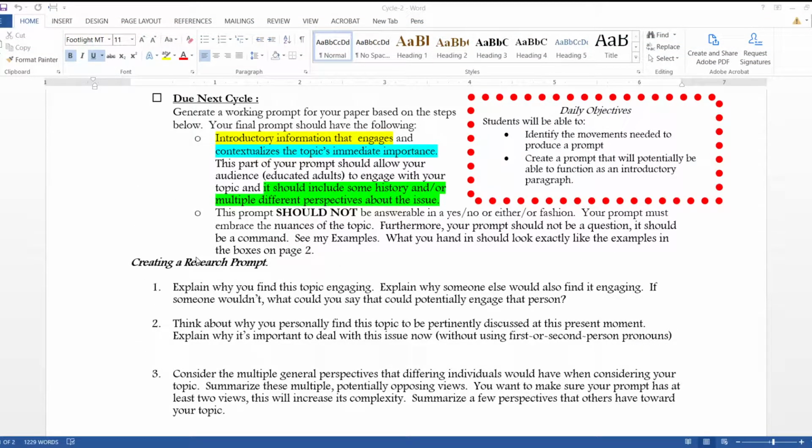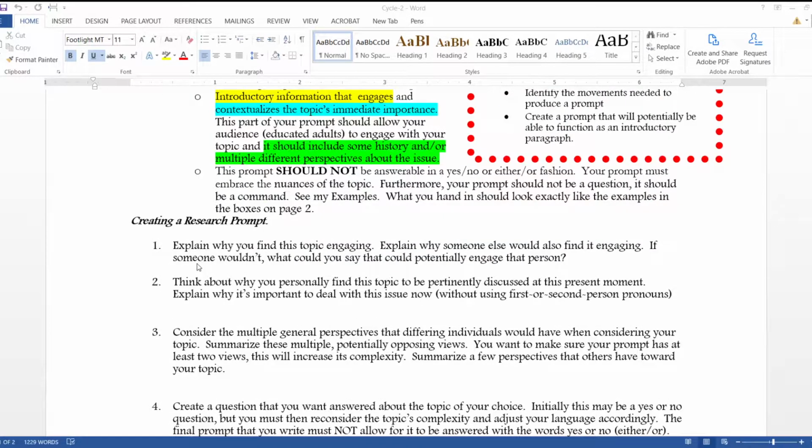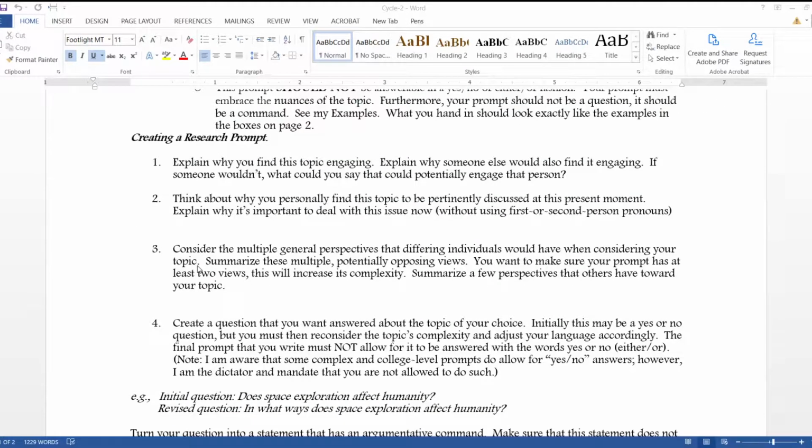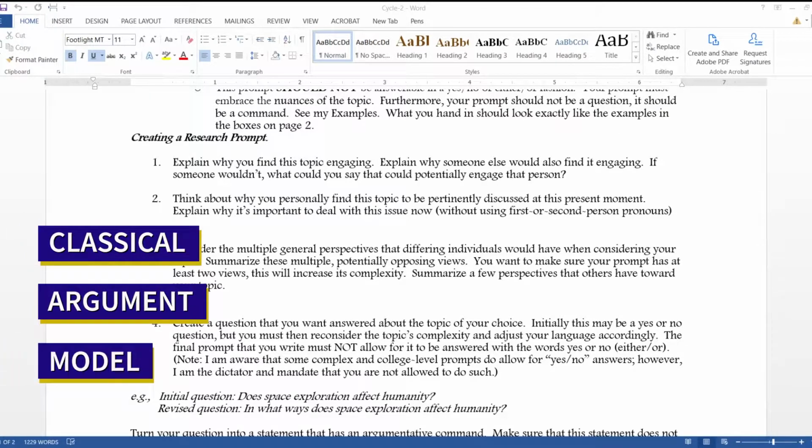So you might ask, well, why do we actually have the steps for the creating of the prompt when you can just create the prompt? The reason why is because these steps make creating the prompt much more thorough and much more easy. So what we're doing here is we're actually moving you in this prompt through the first 3 steps of what's called the classical argument model. And the way that works is that